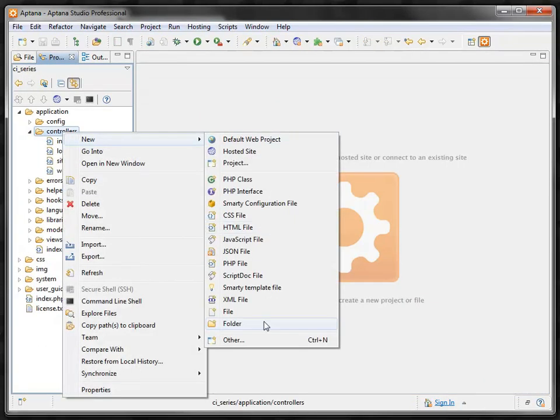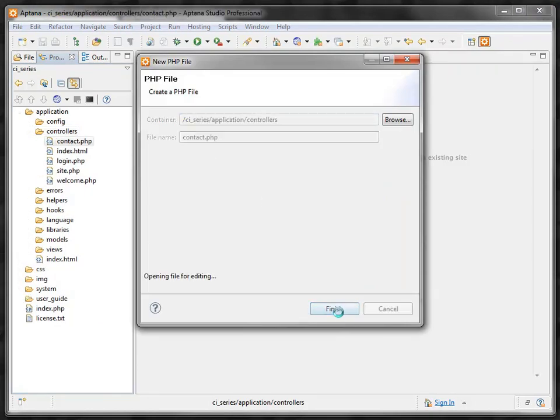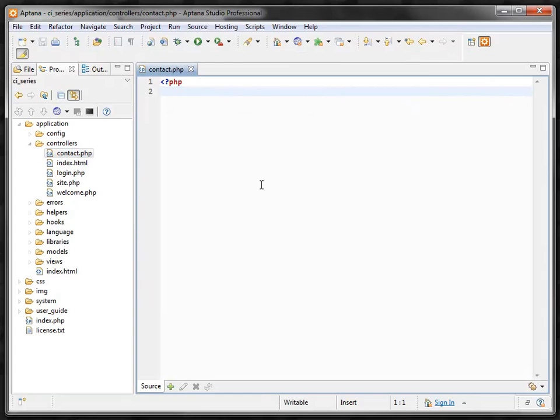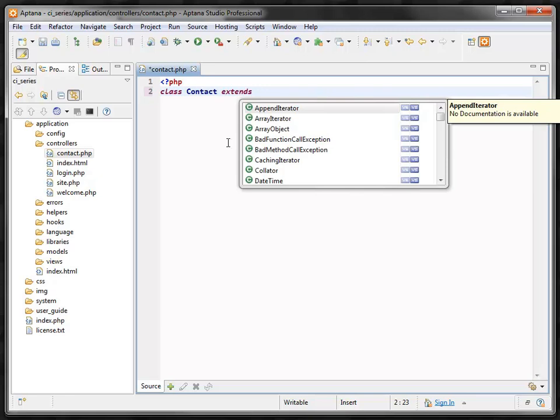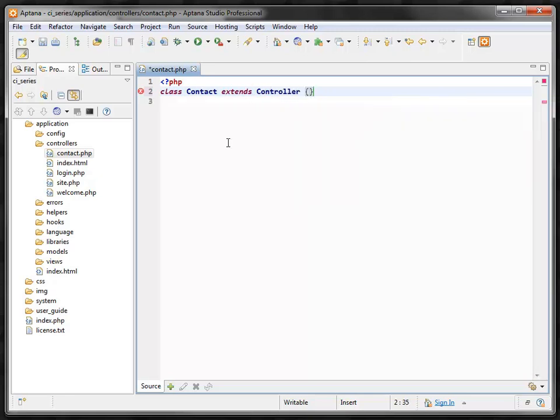Let's create contact.php under controllers. Now this will be accessible by going to the site URL / contact, and as always just call the name of the class the same as the controller